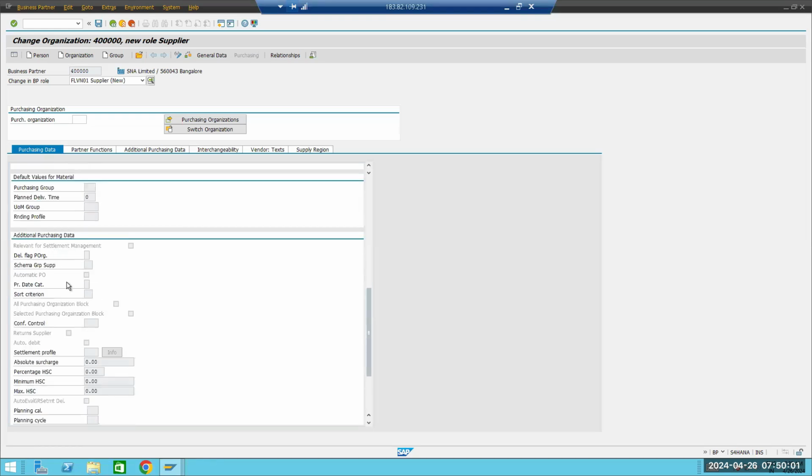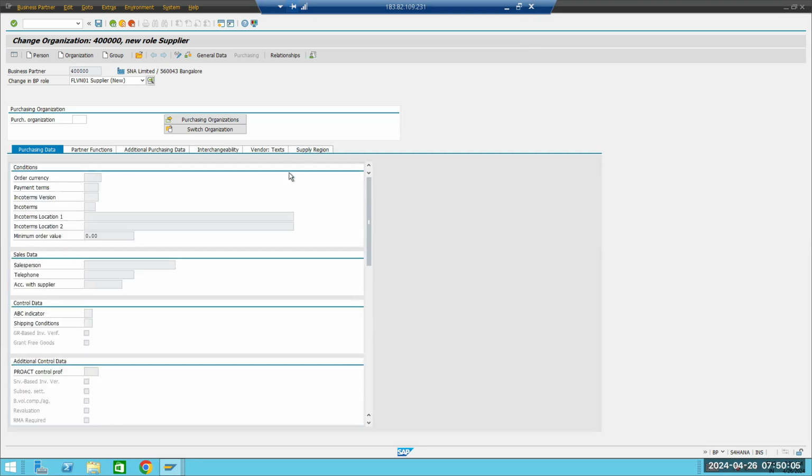Okay, don't get confused right now. If I want to maintain this as a vendor, a vendor means a supplier. I'll need them for the purchasing side, right? Yes, sir. So I'll need them for the purchasing side, and I will be maintaining the